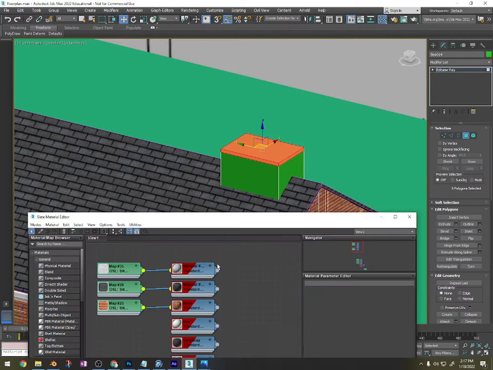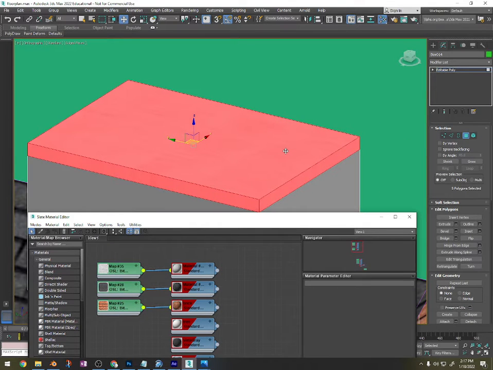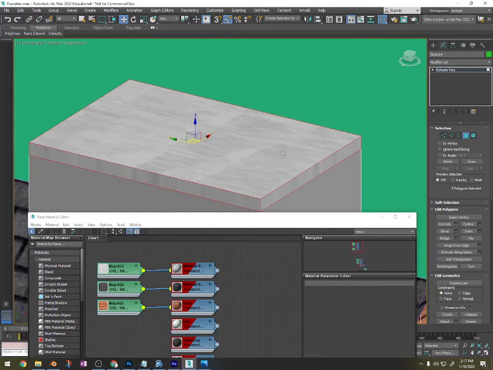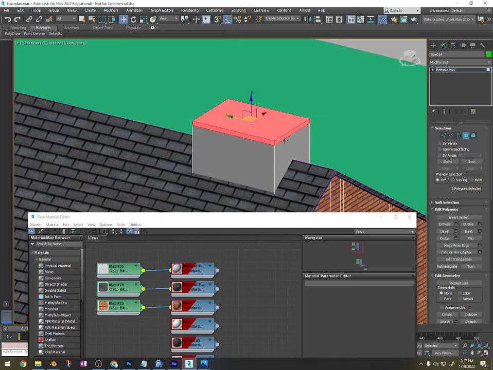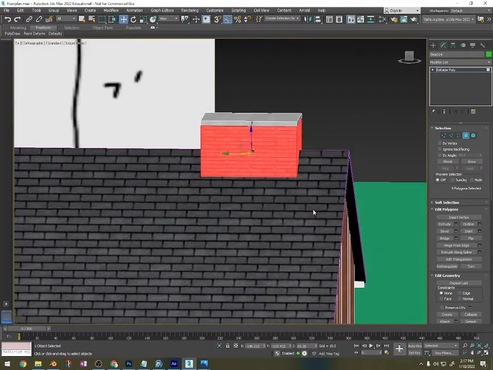I'm going to press M, and I'm going to grab this cement and press F2 to toggle the cement on and off. Okay, I'm probably not going to change that. So I'm going to press F2 to toggle that back on selection. I'm going to press Control I now to select the opposite of the polygons I have selected, and I'm going to throw a brick on it. And this I am definitely going to change because those bricks are